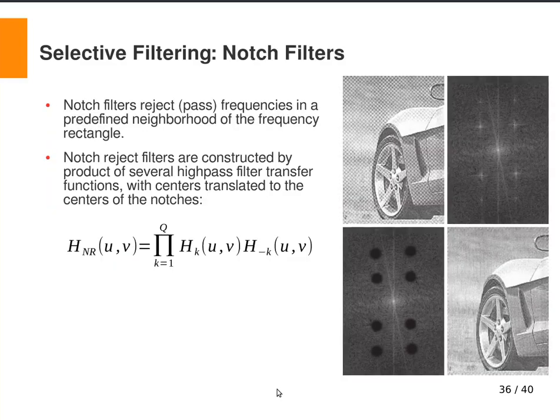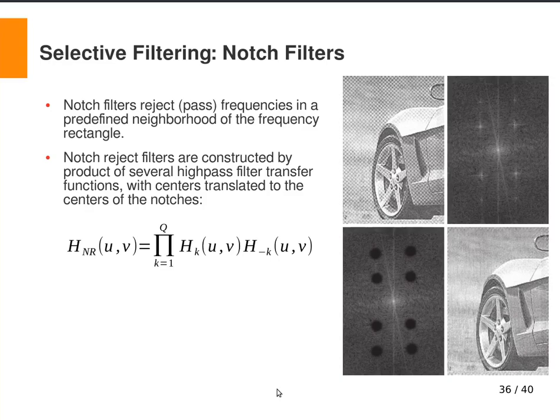Another type of selective filtering which is very useful, and which I'm going to discuss in a little bit more detail in the next chapter as well, is notch filters. Notch filters can have two types. They are either notch reject filters or notch pass filters, and they are designed to reject or pass frequencies in a predefined small neighborhood